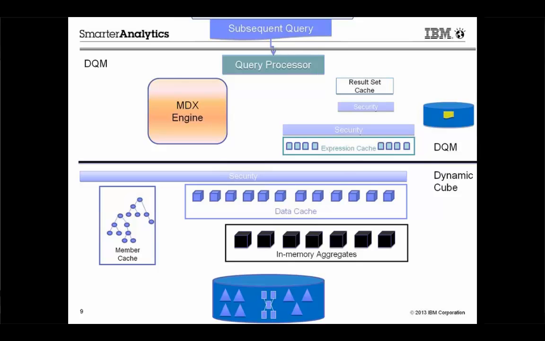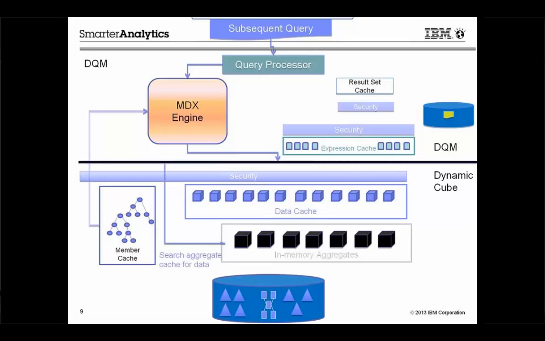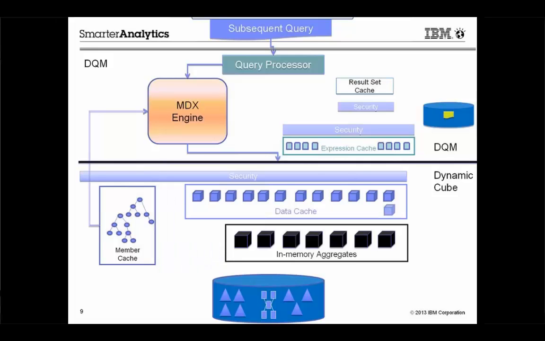Let's say you run a third query and it comes through and it's not in the result set cache. What ends up happening is the same flow through the MDX engine to get the member information, checks the expression cache to see if it has what it needs. If it doesn't, again, goes through the data cache. Same flow that I showed you before. Does it have what I need in the data cache? Cool, if so, I'm done. If not, that's fine. Let's go look in the in-memory aggregate cache for the information, might roll up some values,